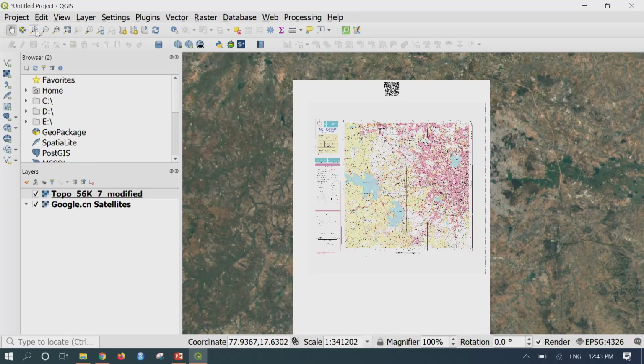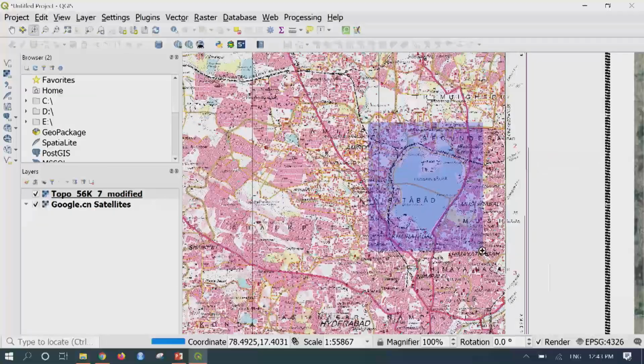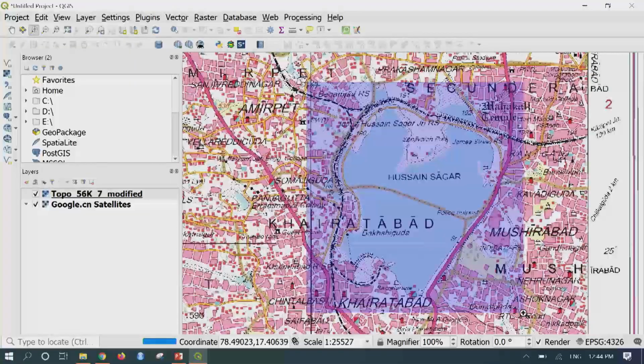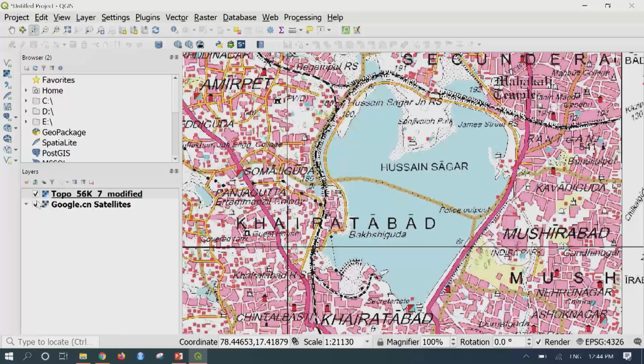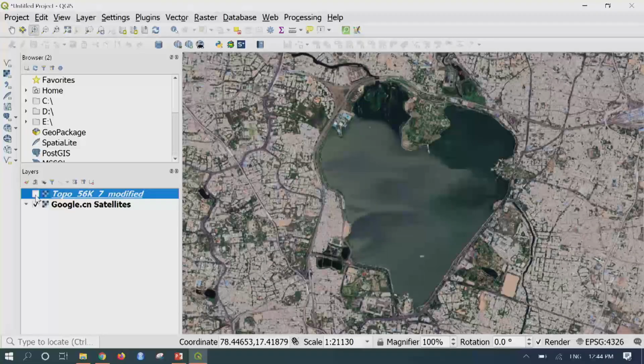Now if I want to check whether the georeferencing is correct or not, this is Hyderabad image. So I will zoom to Hussain Sagar Lake. So this is Hussain Sagar Lake. I will just turn off this layer for a while. So you can see at the background in the Google Earth also it is Hussain Sagar Lake.